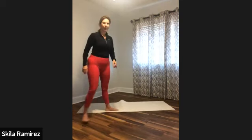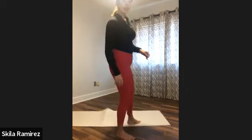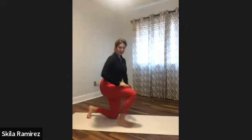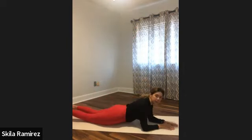From here, we are coming down onto the floor. And we're going to lie down on our bellies today, just for a little while, to work with a little bit of coordination and also as a low back strengthener. So we'll take our sweet time coming down to the floor, lying down on our bellies,